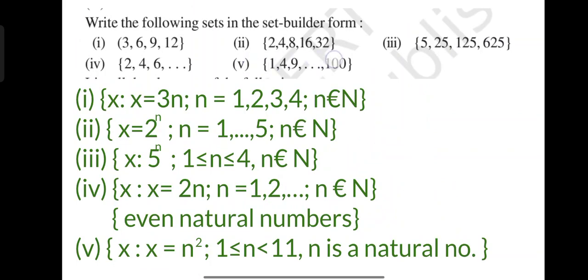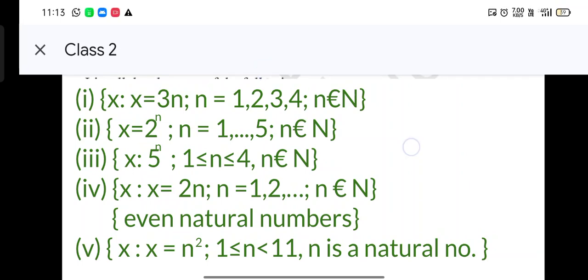Okay, then the next one, second question is 2, 4, 8, 16 and 32. 2 is 2 raised to 1, 4 is 2 raised to 2, then 2 raised to 3, 2 raised to 4 and 2 raised to 5. By looking at it itself, we can understand that 2 raised to is same for every element of that set, but the power varies. So we will write 2 raised to n. Only the power varies, the 2 stays same. That's why we write 2, and since the power varies, we represent it as algebra. So 2 raised to n. Power varies up to 5. Starting from 1, it varies up to 5.